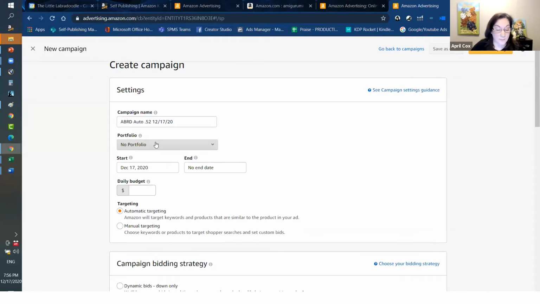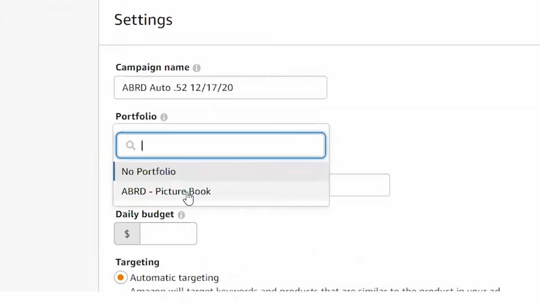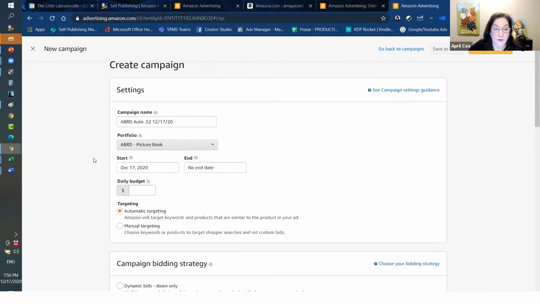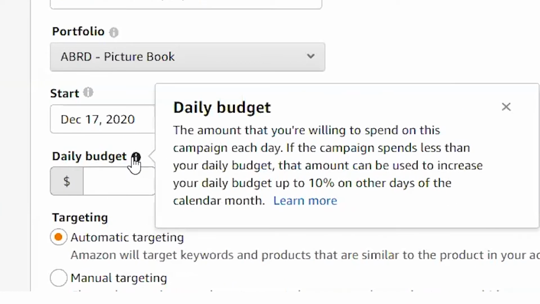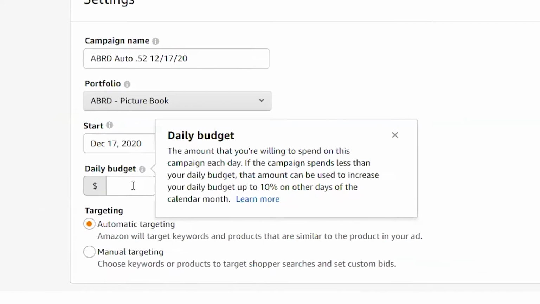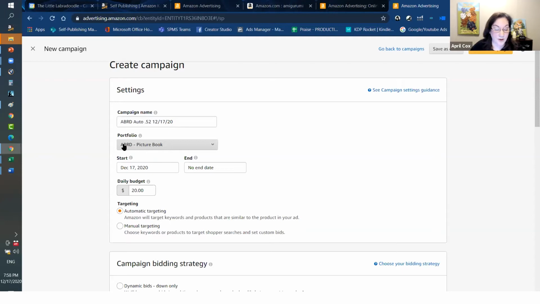There's also an opportunity here to select a portfolio. In general, the portfolio is a way of keeping all related ads underneath one umbrella. And with portfolios, you can also set a spending limit, for example, to say, I'm willing to spend a certain amount per month on my ad. And then once it gets to that point, it'll shut off. Daily budget is the amount you're willing to spend on this campaign each day. As long as you've got a cap on your budget for your portfolio, if your ads start to spend a lot, you still have that fail-safe of, hey, I don't want to spend any more than whatever your monthly budget is.